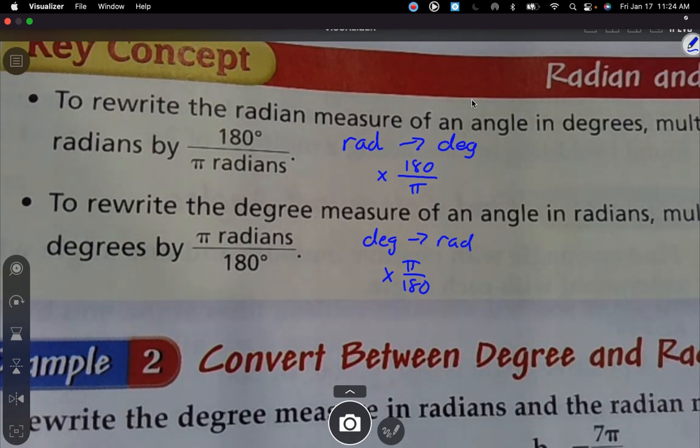So are y'all ready for a few examples? This is just the 2 formulas. Okay, this is probably where we're gonna stop at today. We'll do a few problems in